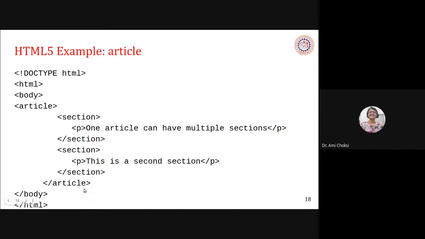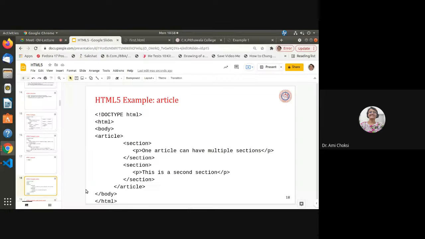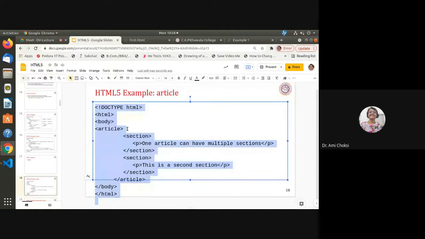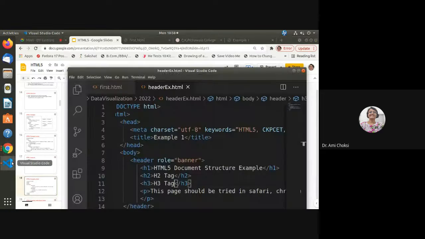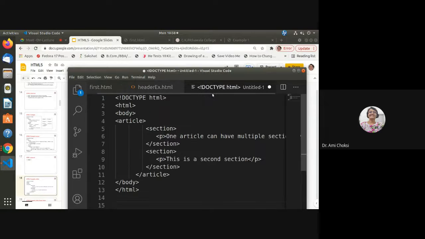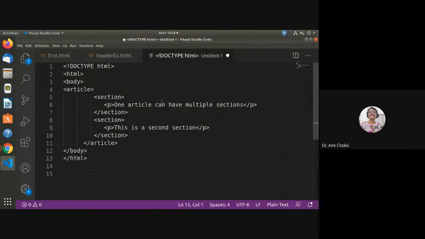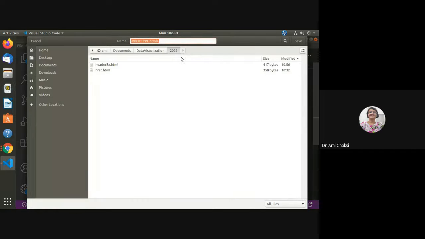Okay, so let us write this code in our editor and check its output. Let me give a new file, and let us give it the name article example, article and section.